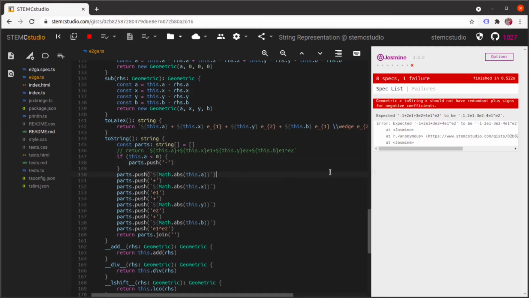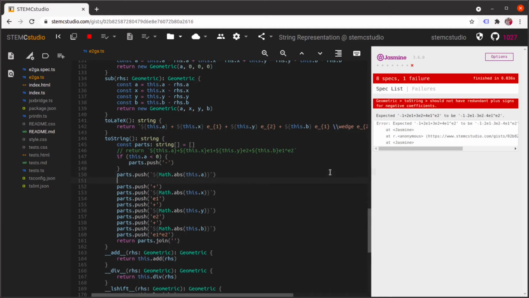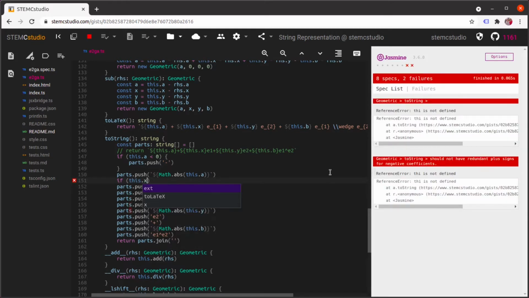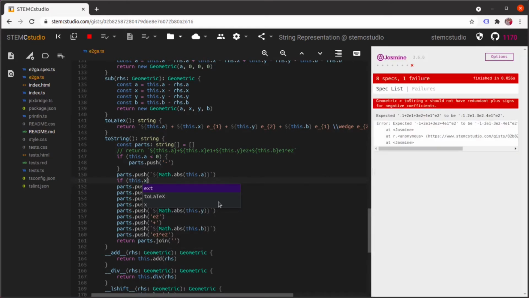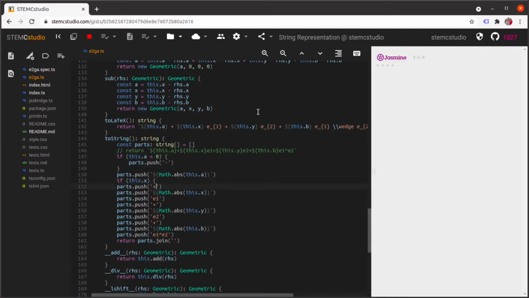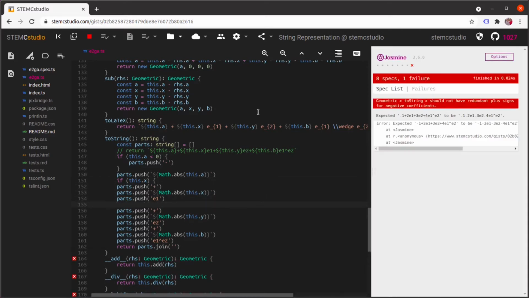Well, we'll see. I'll show you what I mean. You don't want the plus sign if it's like the leading coefficient. So in this case, the plus happens because we want to, if this.x is, you know what? I think what we want is to say if this.x, I'm going to try to capture the whole idea here,